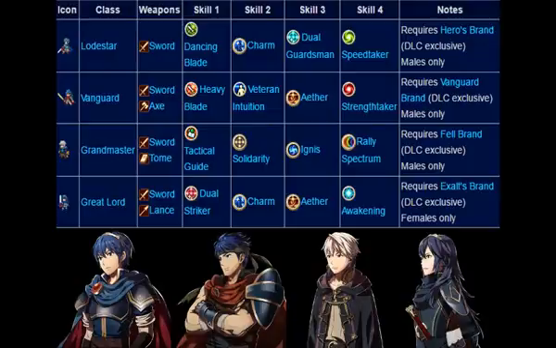You can get the Vanguard brand from the Vanguard Dawn DLC. I believe it's only like 99 cents. It's a pretty good map, and you can also get skill books for Heavy Blade, Veteran, Intuition, and Aether in that map. So you can teach any unit one of those skills. And they don't have to be male either, so you can get Aether on a female this way, which is